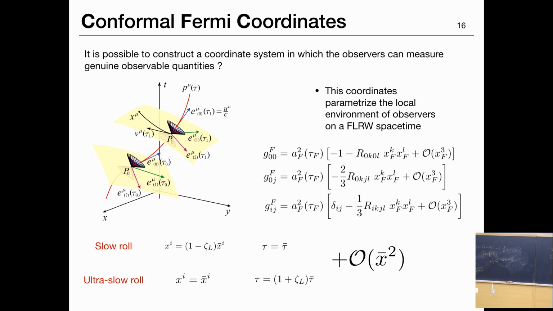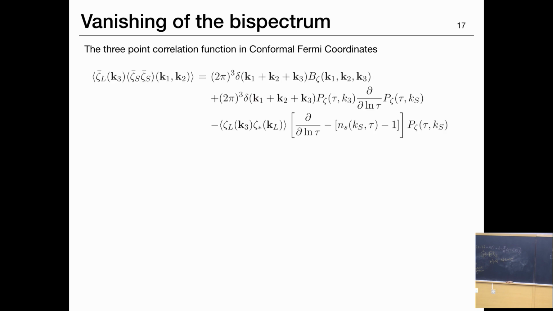For the case of slow roll and ultra slow roll inflation, this is at linear order in the coordinates. So here the quantities with a bar are the quantities in the Fermi frame, which are the gauge invariant quantities, if you want, or the observer quantities. So we are interested in computing the correlation function in this set of coordinates. If we compute the triple function, what we found is this,